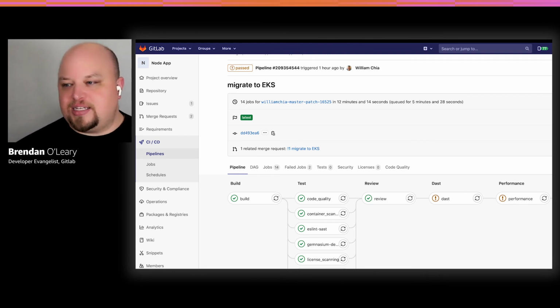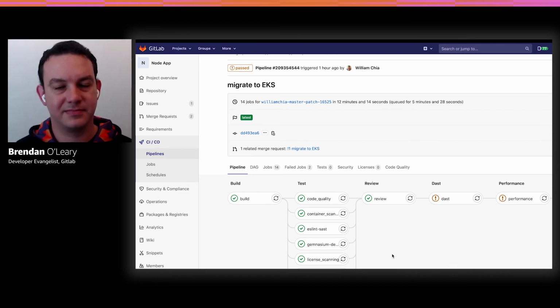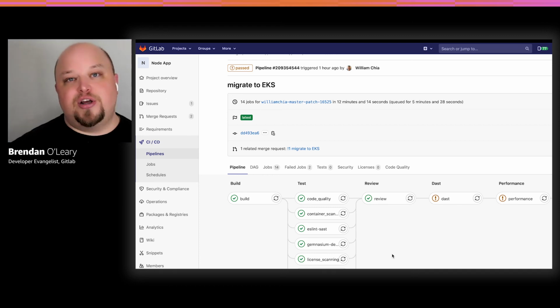And then this review app pipeline published a review app. So this was a fully running version of the app inside of Kubernetes for us to review. That way we could make sure all the functionality works exactly as we expected and review the app in Kubernetes, just like we would review the code, right? So I was the engineering manager reviewing the code changes that William was making. We may have also had a project manager or product manager who was able to review the app itself and make sure that it was going to work as intended once the migration was complete.